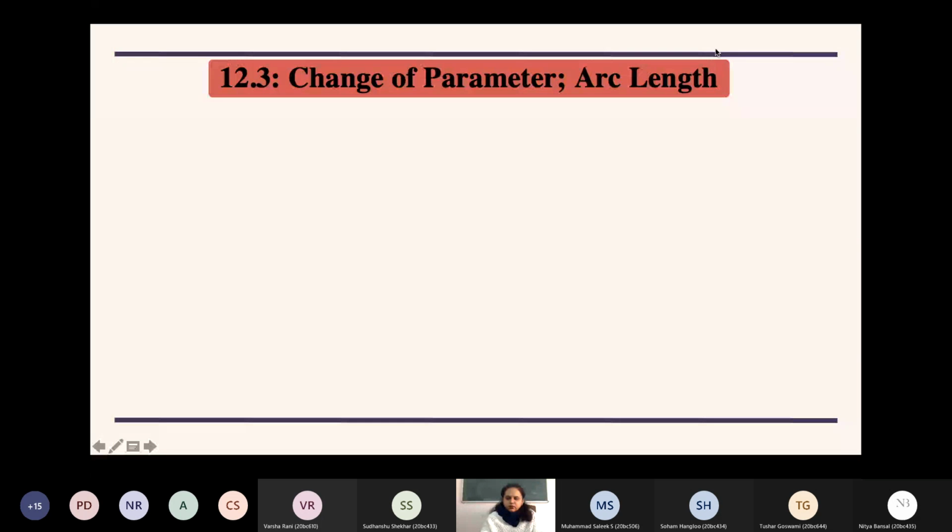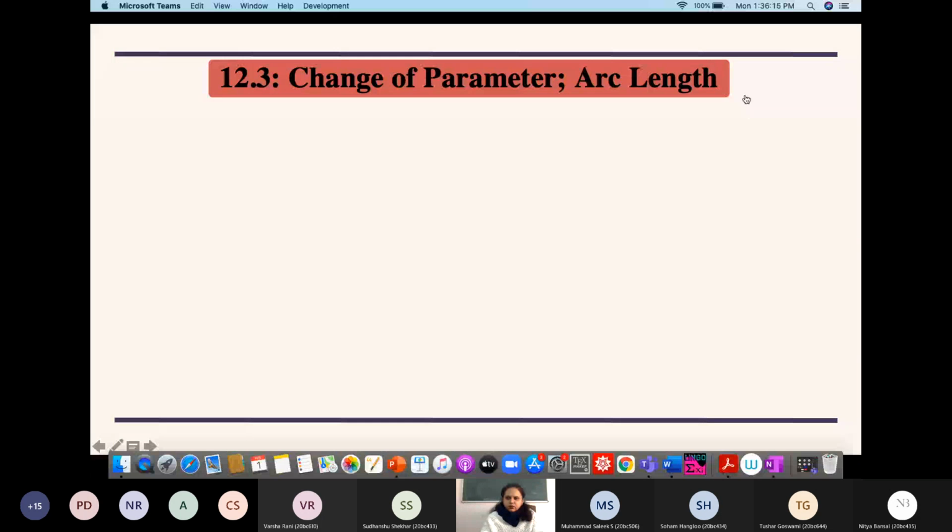Okay, so that is the next section in your book chapter. It is section number 12.3, and the title is change of parameter and arc length. So I'll first take up the arc length portion, and then we'll see the change of parameter. Okay. So arc length, if you recall from your previous